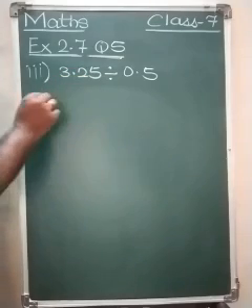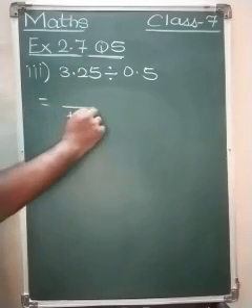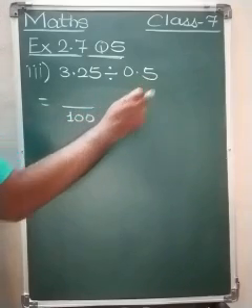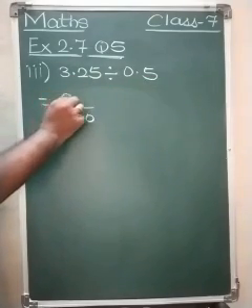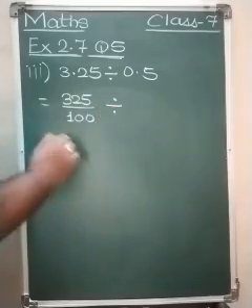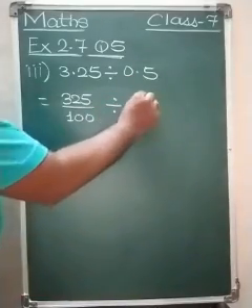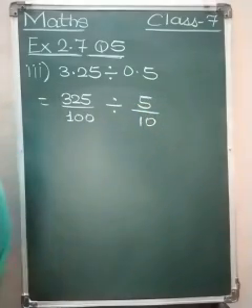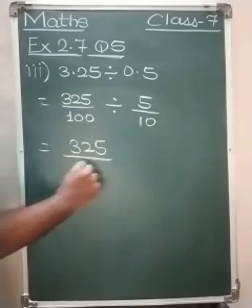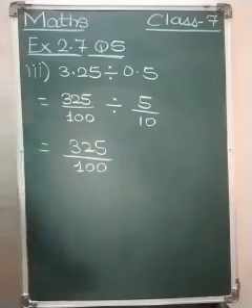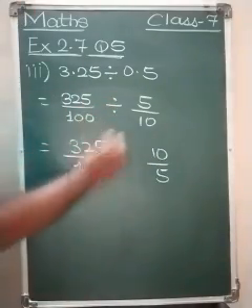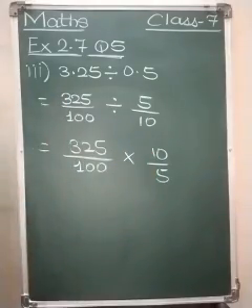Now here after the decimal point there are 2 places, so the denominator will have 100 here. Remember, 2 places, so the denominator is 100. Here only one place, and the denominator would be 10, and the number would be as it is, 325 upon 100. Division sign as it is because we have not reached that step. Then 5 upon 10. First number we have to keep, 325 upon 100. We have to flip this, 10 upon 5. Flip means reciprocate, and division will be converted into multiplication.